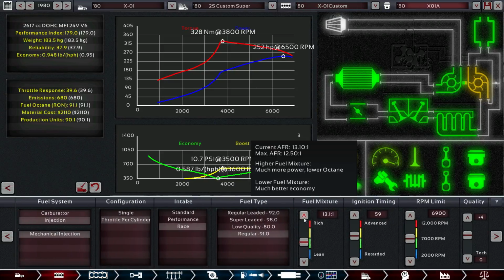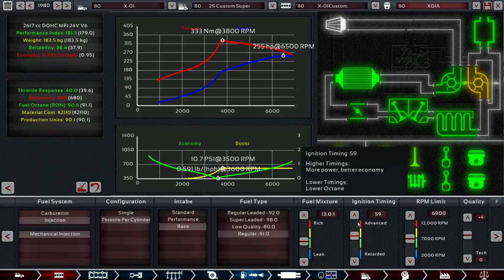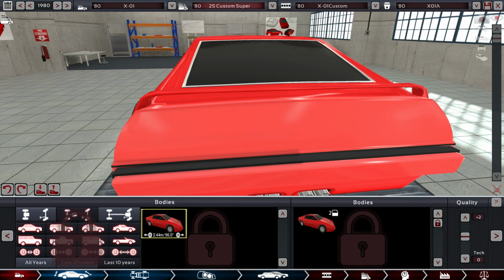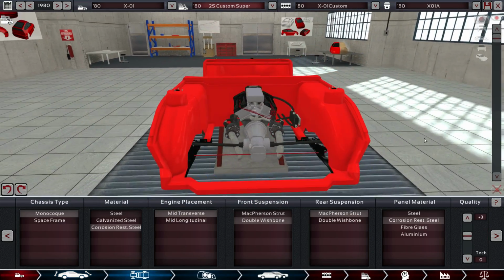I'm going to give it just a little bit of oomph there. And we can give it a bit more ignition timing again. A bit less ignition timing. Okay, so that looks pretty good there. Let's look at car design again. Car stats. Now, can I go with the...